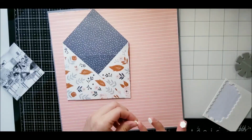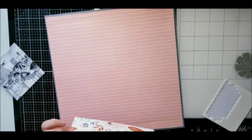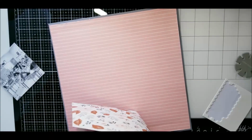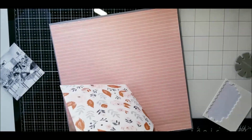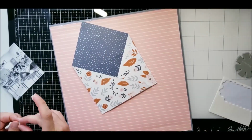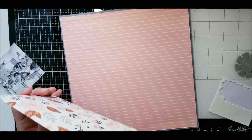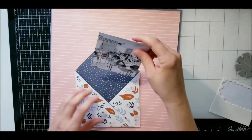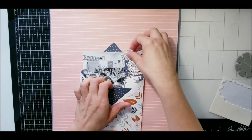So what I wanted to do is that I wanted some dimension inside of this envelope, so that I could see and be able to place things inside of it. So the little flaps that I had to do to make the envelope, I wanted to place those in there. So my